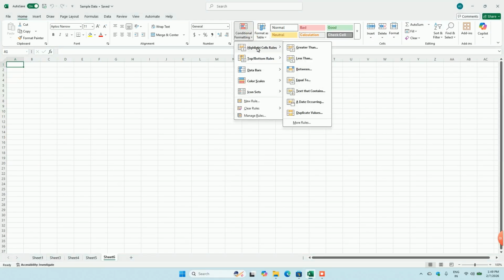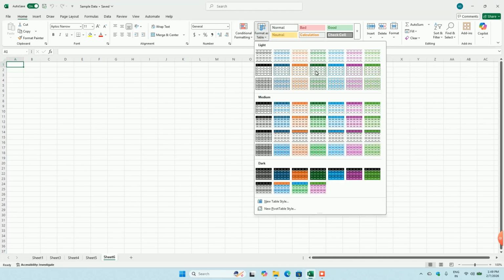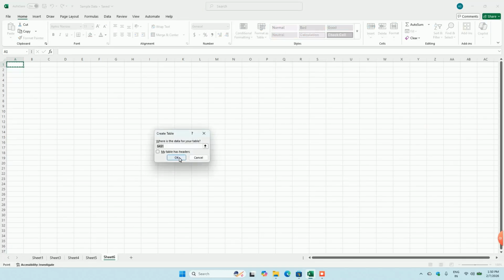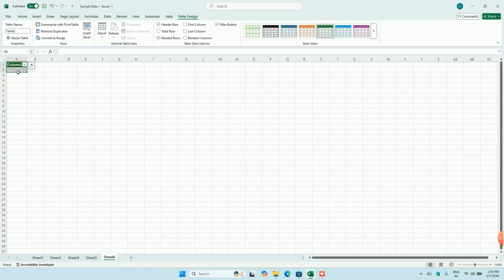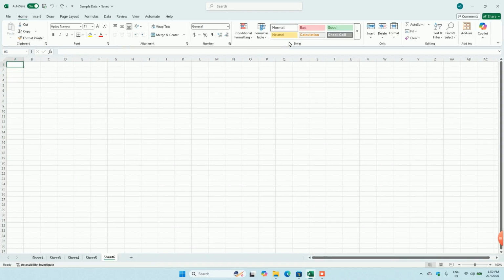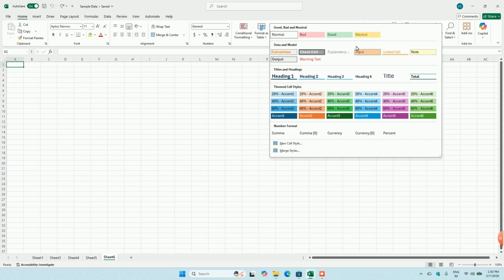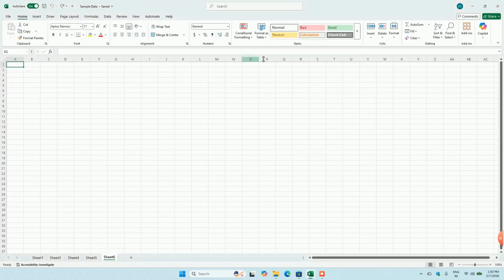And then we have conditional formatting. There are a lot more functions. We can even create a lot more rules as per our need. And then this is Table. We can convert the data into a table as per our requirement. For example, this one I want to convert into a table, we can do it. And then these are a few inbuilt styles, we can directly select one and we are good to go.